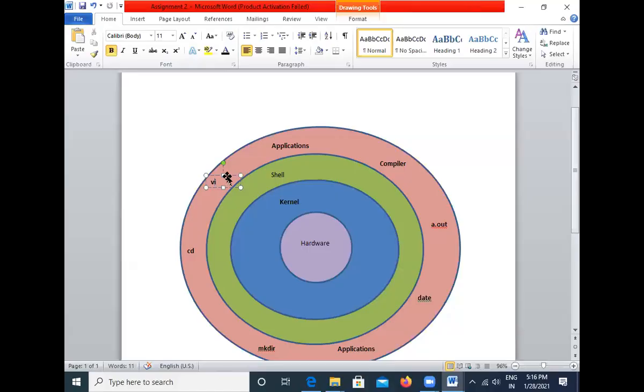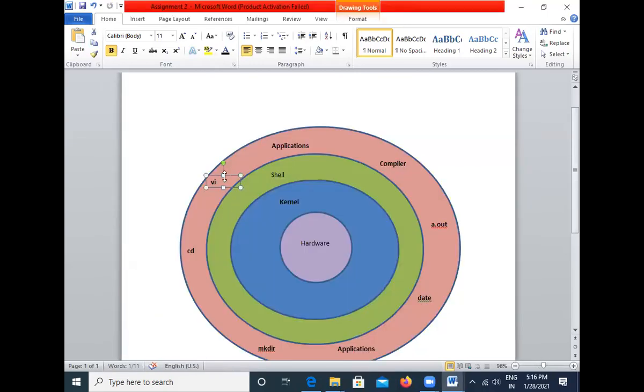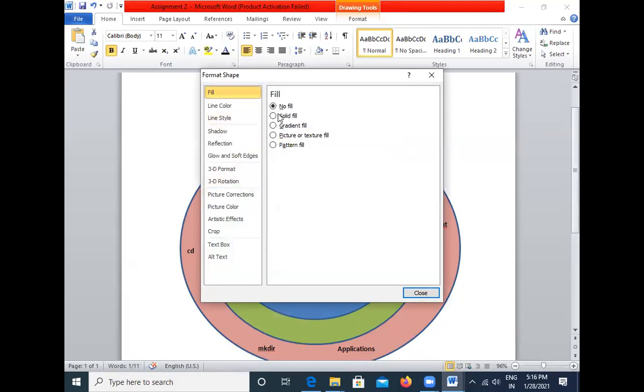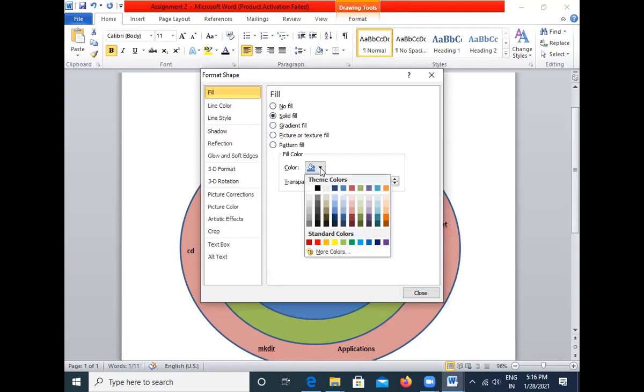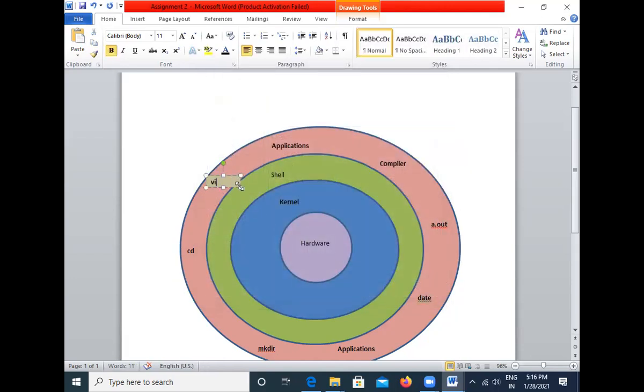So if you want to have a different color for this, as they have mentioned, you can use one color and apply it for all of these. Go to Format Shape and fill color. So Solid fill, and you can select a very light color, like this one, and say close. Now try to reduce the size. Then the same thing can be applied to all of these, or you can select this one and apply the same thing to all others.